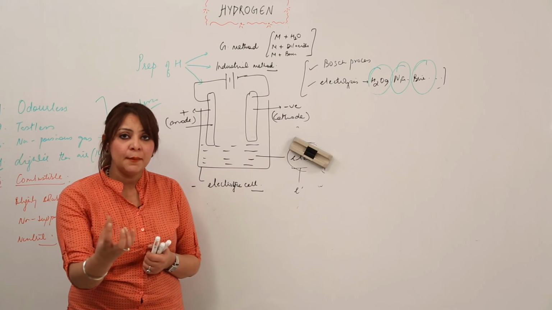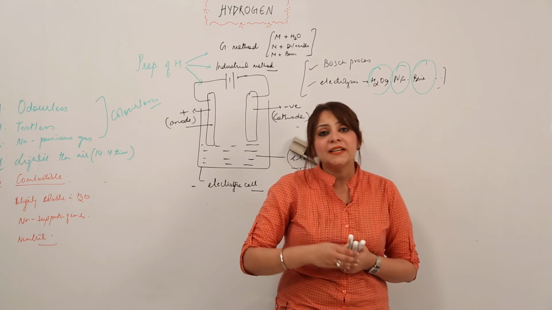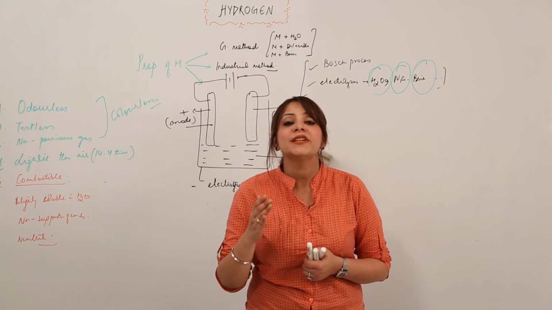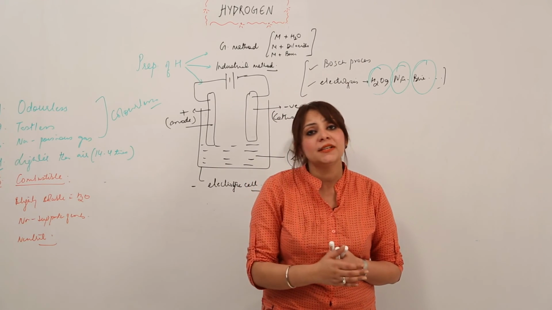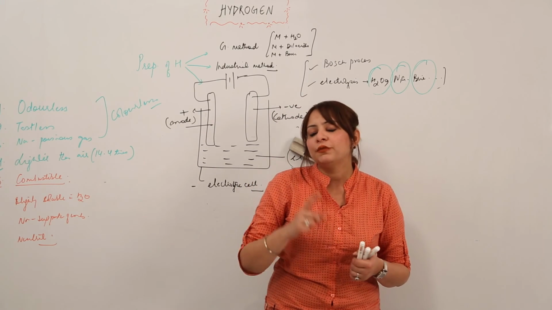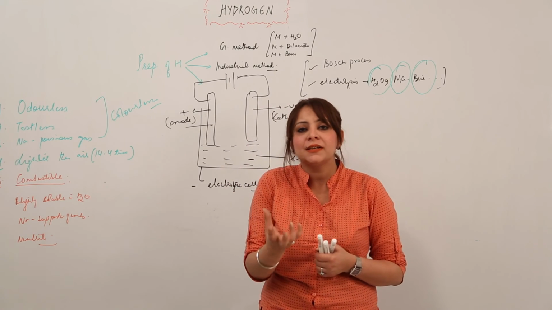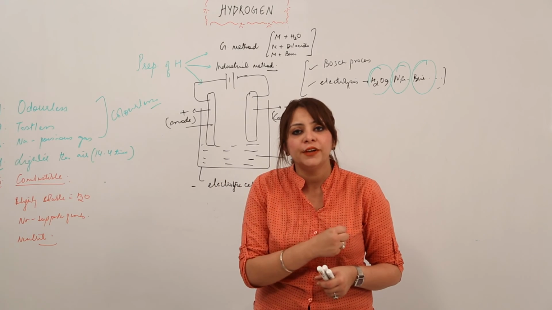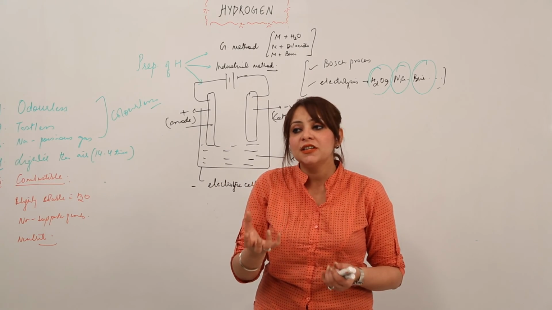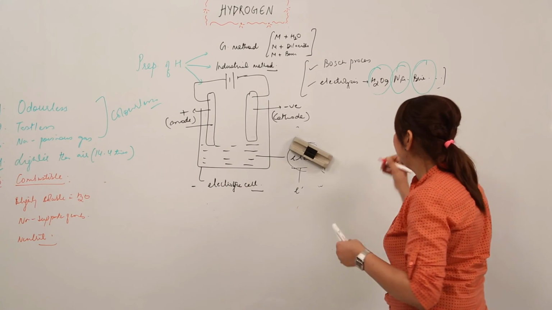I'm giving you some sample and I'm asking you to prove to me that the given sample is hydrogen. So how are you going to predict whether the sample is hydrogen or not? The first thing you will do, because whenever we get a sample, is look at its physical appearance, or anything which can be sensed by the physical senses, right? So what if the gas appears to be